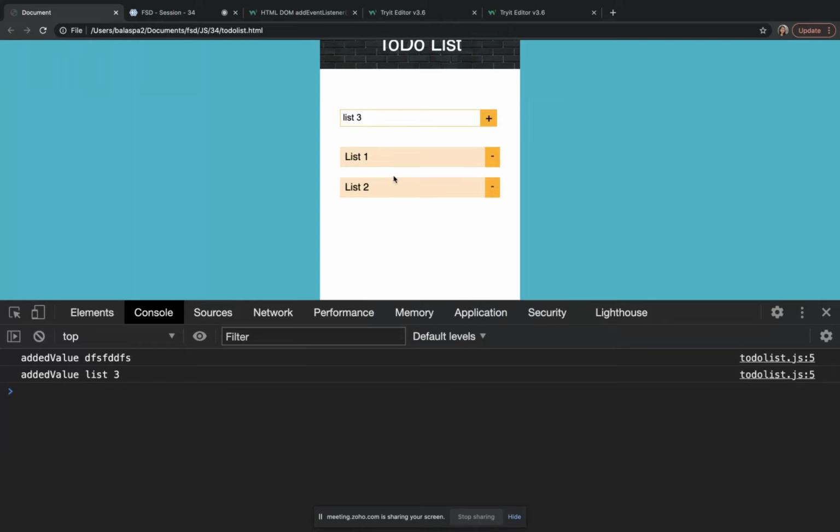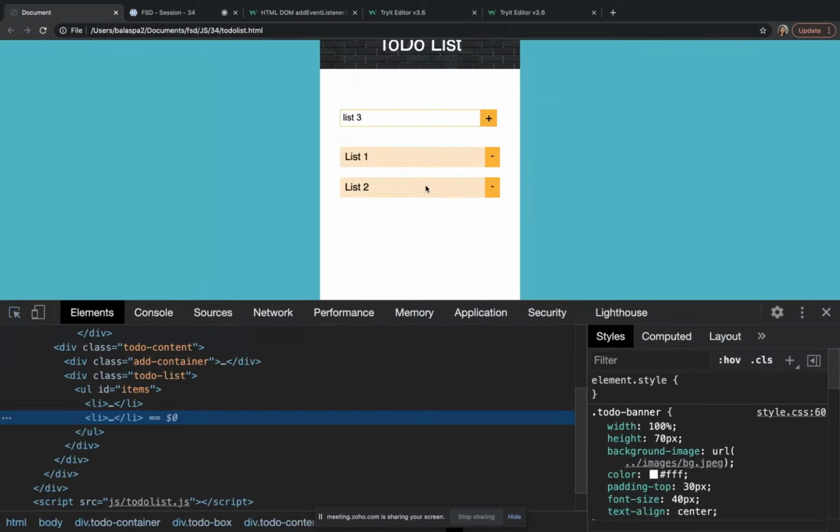So I need to add this list 3 inside an li tag here, because I need to add another list item here, right? It is getting added inside of it. So I need to copy an li and then add it, I need to add an li next to it.